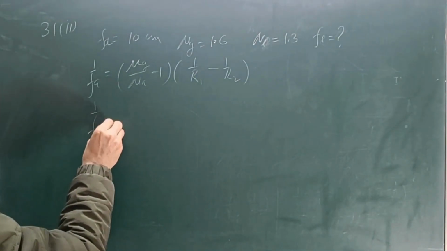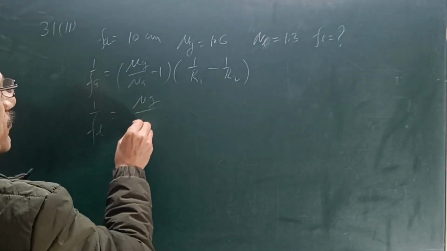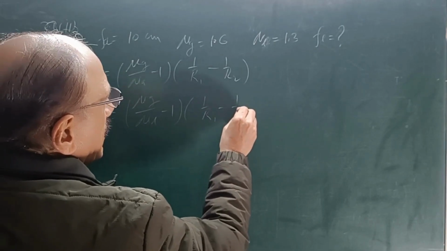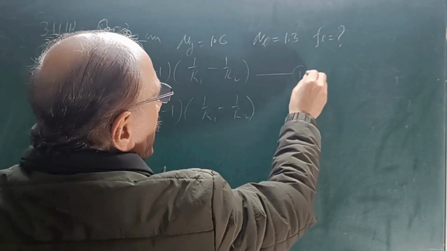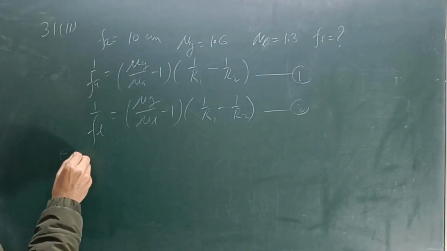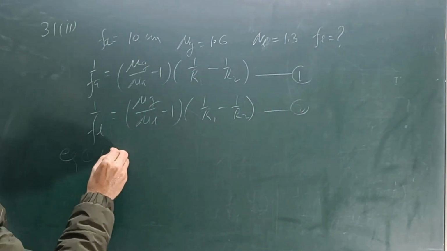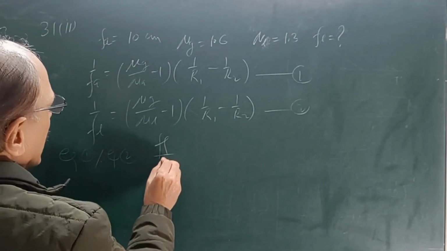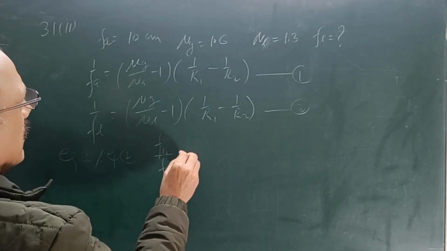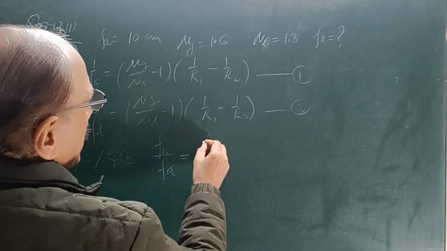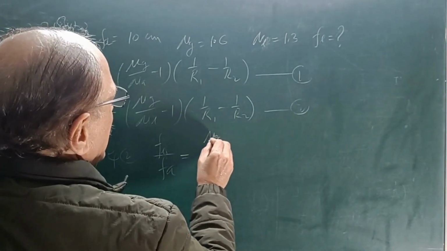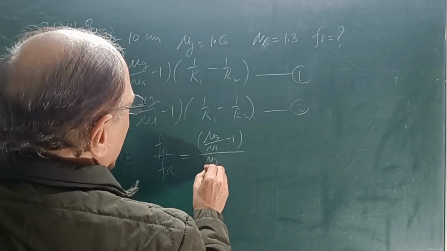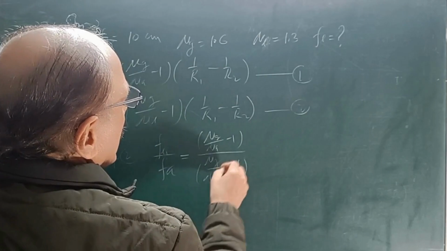Similarly, 1 by F liquid will be equal to (mu G upon mu liquid minus 1) into (1 by R1 minus 1 by R2). This is equation number 1, this is equation number 2. Equation 1 divided by equation 2, we get F_L upon F_A equals (mu G by mu A minus 1) upon (mu G upon mu liquid minus 1), and these two will get